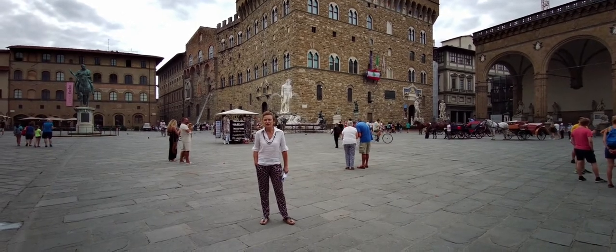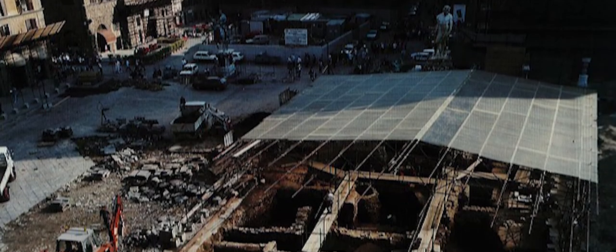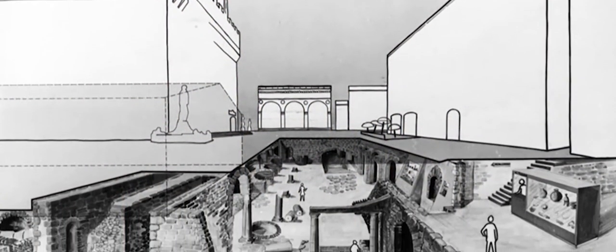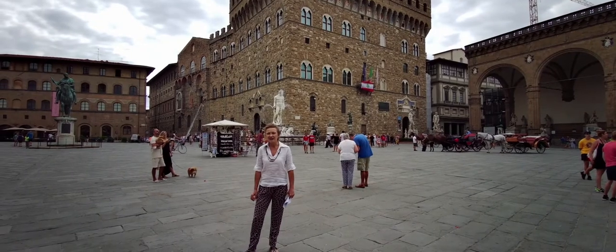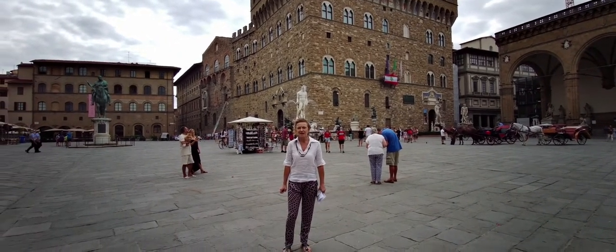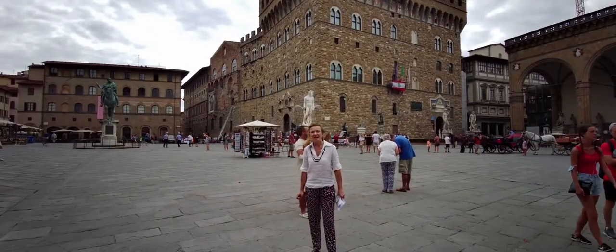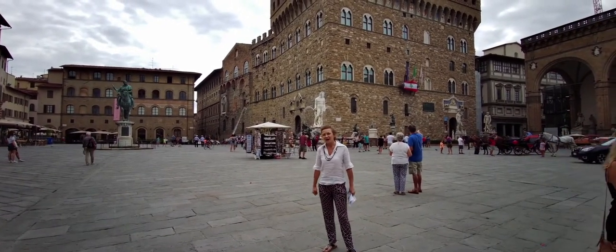Even if you can't see today what was here, the excavation started in 1974, 1975, when they had to repave the square, and so they were looking for the floor of the 14th century. During this work, they found the ruins of many civil buildings and a thermal building, so a large bath complex. Then the excavations continued in the 1980s, from 1983 to 1989, and found the very big,